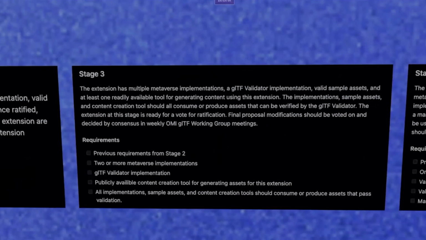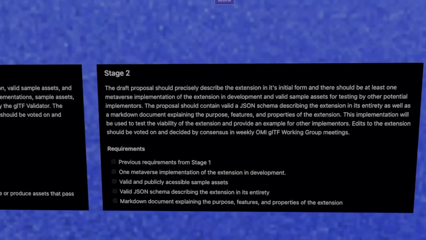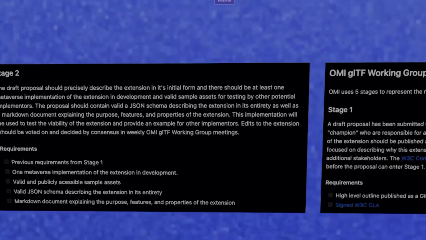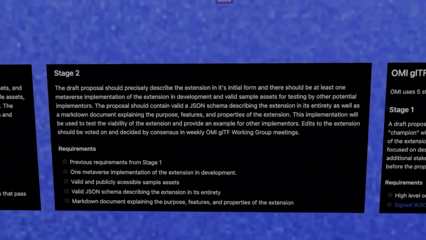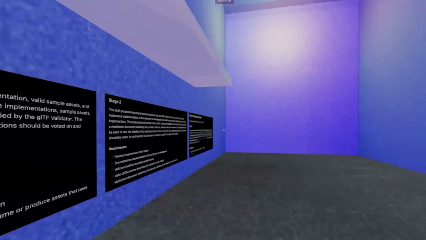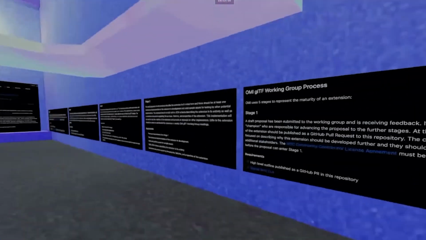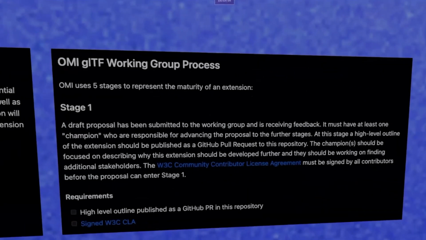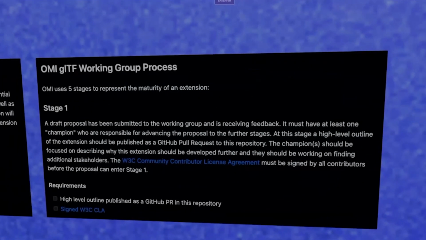Some of these things are looser requirements; in the earlier stages it's not as set in stone. As of right now, we've been using this as our guideline where we have to check all of these boxes to move to the next stage, but it could be more dynamic in the future, I think. That's one of those things that will work out over time as we learn. So yeah, that was a bit of a tangent.